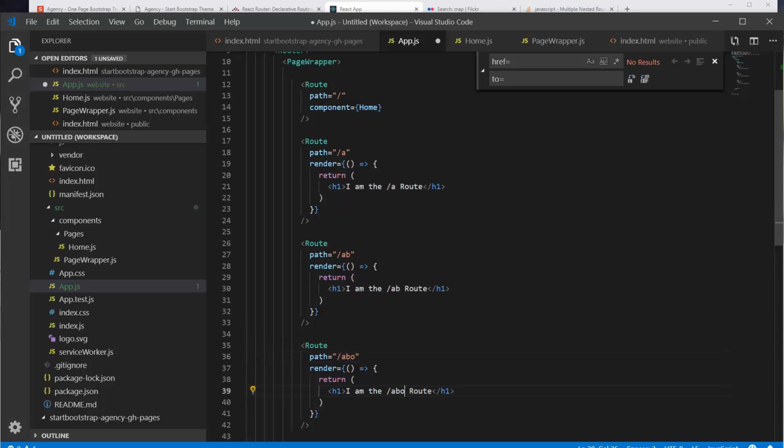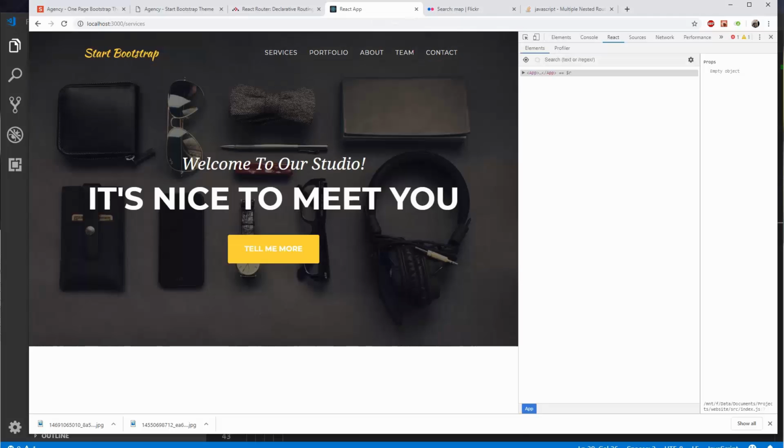And the reason I'm using these letters is because A, AB, and ABO all appear consecutively within the word about. So when I go back to my React application, we'll see on the services page, we still just get the home component. But when I go to about,